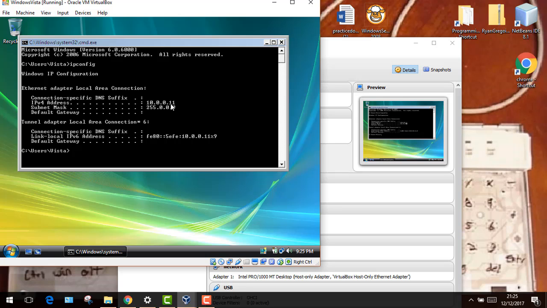You see, every time a client is given access to a network, it will be incremented by 1 until it reaches the end of the scope. So the beginning of my scope was 10.0.0.10. That was given to the Windows 7. Then I added a second client, which was my Windows Vista, so it was incremented by 1. So that's why I was given this address 10.0.0.11. If I also add a third client, the address will be 10.0.0.12, and it will continue so until it reaches the end of my scope, which is